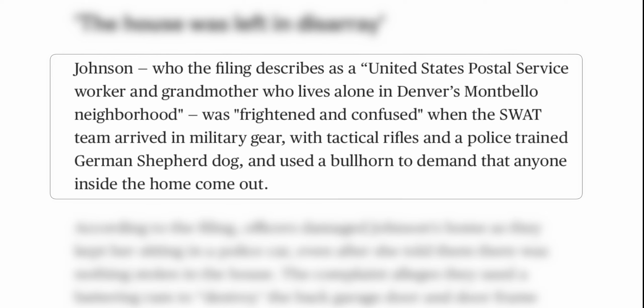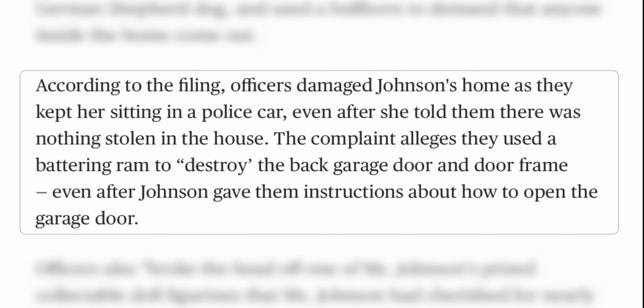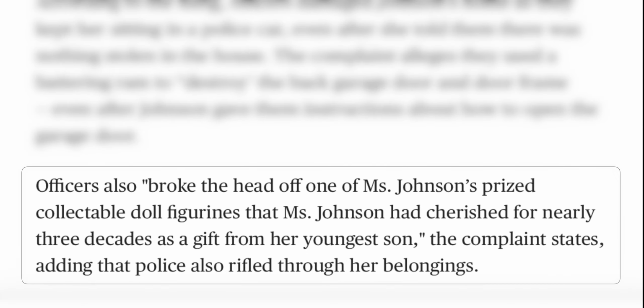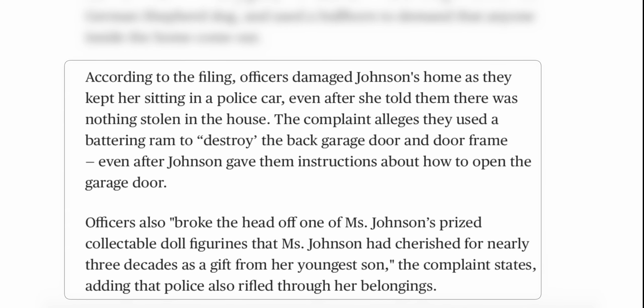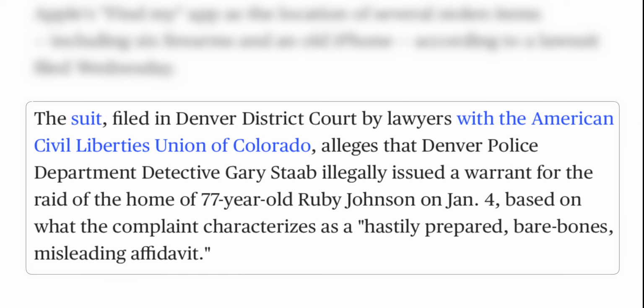But it gets worse, because officers used a battering ram to destroy her garage door and door frame, and even placed her in the back of a police car. They also destroyed property in her home, including her collectible dolls, as they searched the home for those stolen items. But of course, none of that stolen property was ever found in the house. So due to this, that lady is suing the police detective, as she should, over the search itself and the